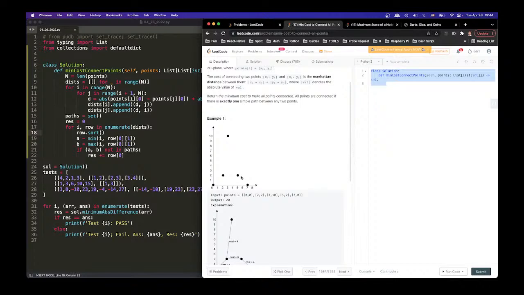So I need to go through the entire thing to see if they have been connected before. If it has not been connected, then I make the connection. If it has been connected, then I do not. And if I have multiple the same, then I simply make,